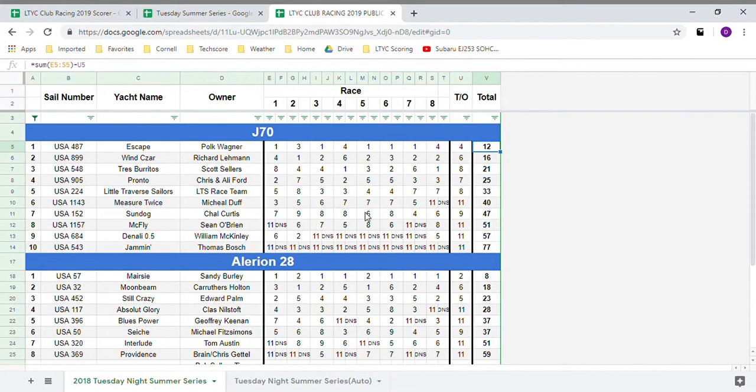This particular document was entered manually. Good old-fashioned scoring, doing all the math by hand, punching it all in. But what is really cool about this system is that we can automate a lot of the scoring. If we follow down to the bottom of the screen, we see that there's a second tab on this document that says Tuesday Night Summer Series Auto. So if we click on that,